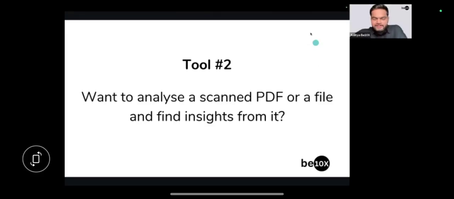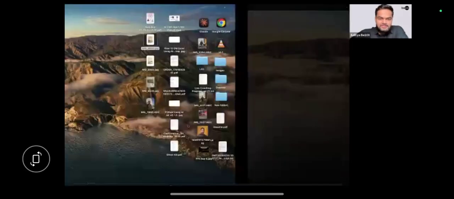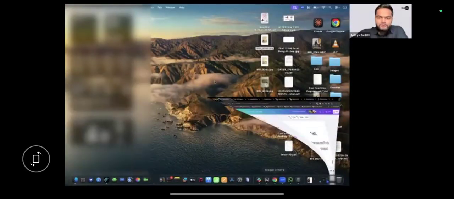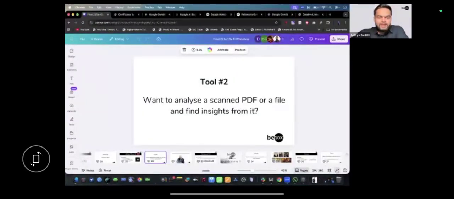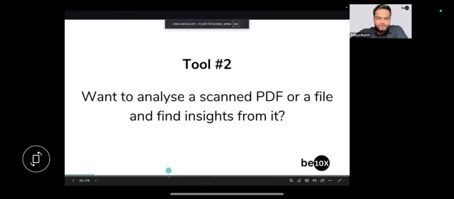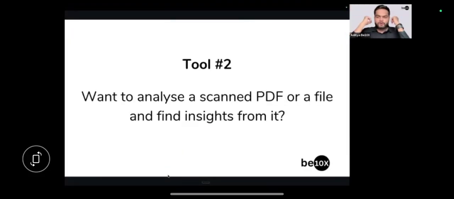Yeah, absolutely, folks. Not only that, this is the most overpowered tool, right? I'm not even saying one of the most. I'm saying the most overpowered tool in today's workshop, right? I would ask you a few questions and just tell me yes or no. Would you like to create a podcast out of the 100-page document that your boss sent you? The boring 100-page long document. Would you like to create a podcast out of it? Or better than that, would you like to create a video out of it? And that video is going to explain to you what's there in that document, right?